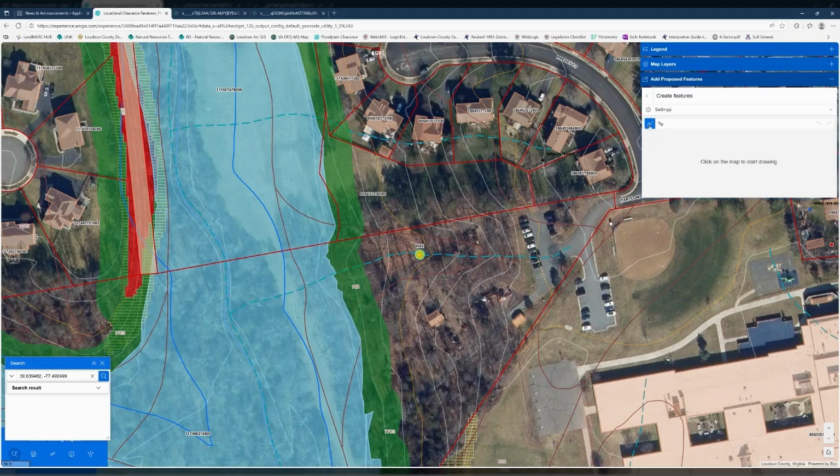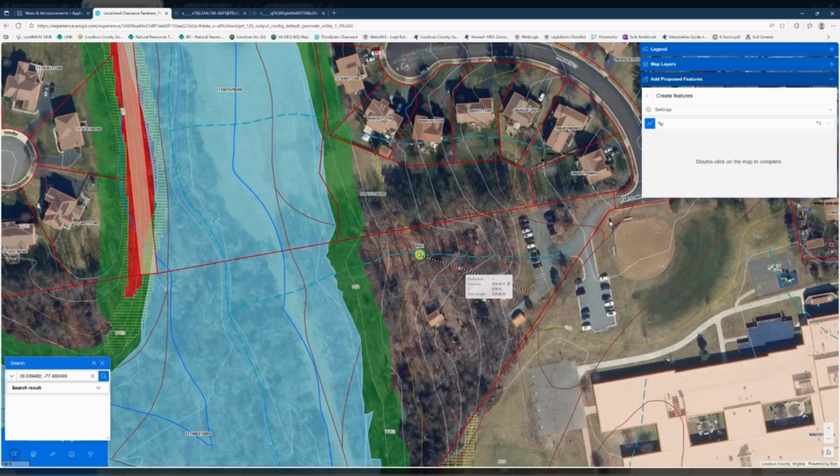I have it selected as a polyline, and then I will have it on top of my well. And again, as a tooltip, you may press Tab on your keyboard to enter in an exact distance. So I press Tab. Under distance, I will put 200 feet, and you can select Enter. And that way it will give me a 200-foot measurement, and I can draw it